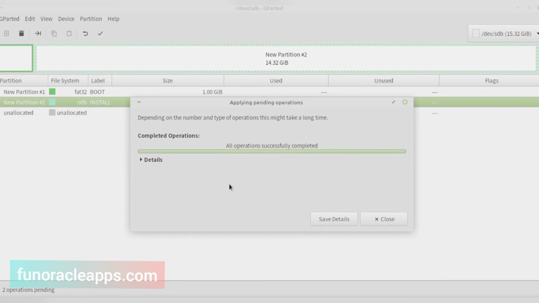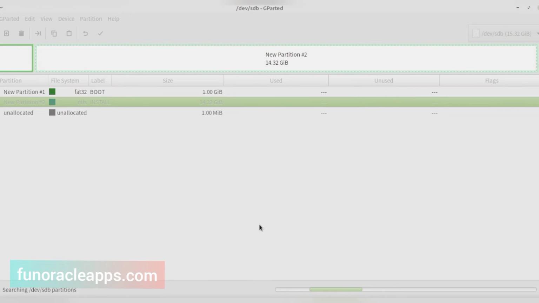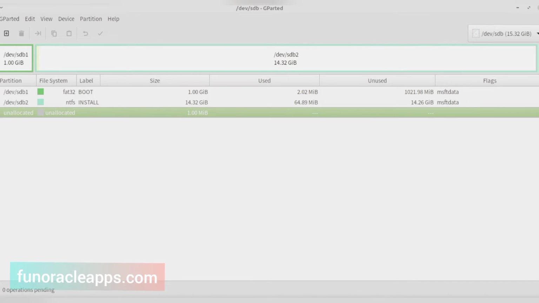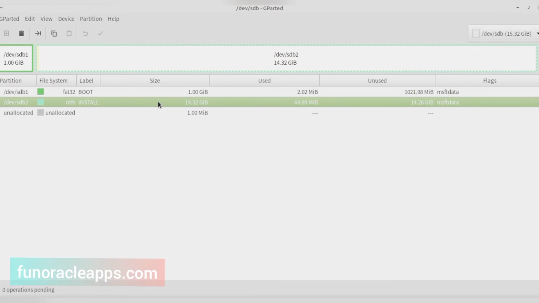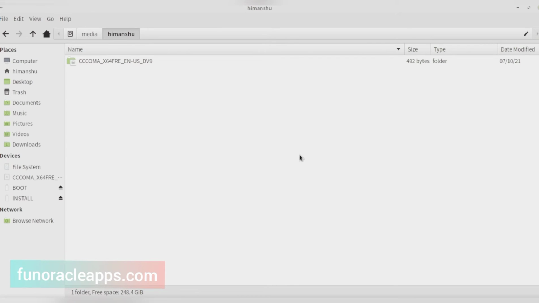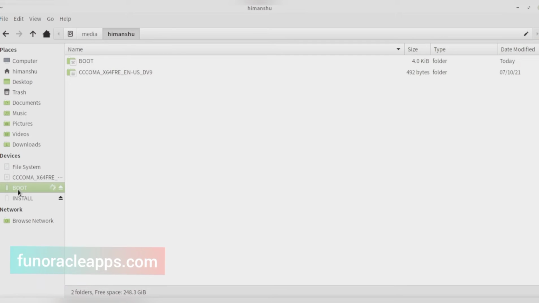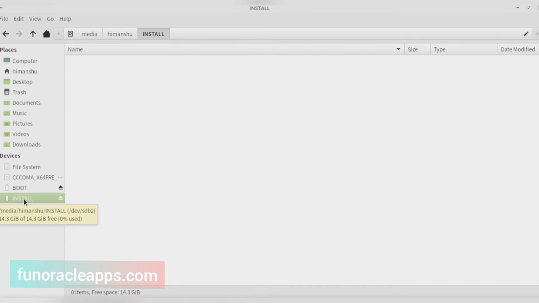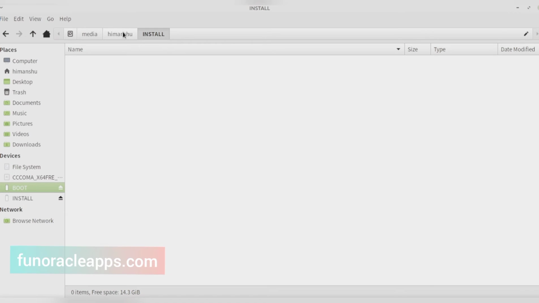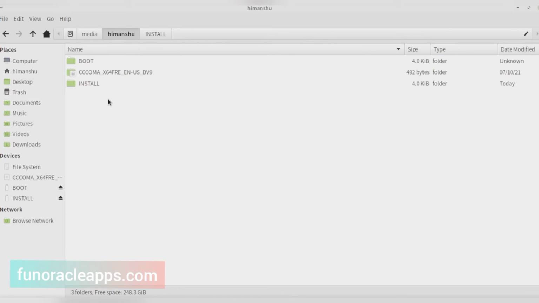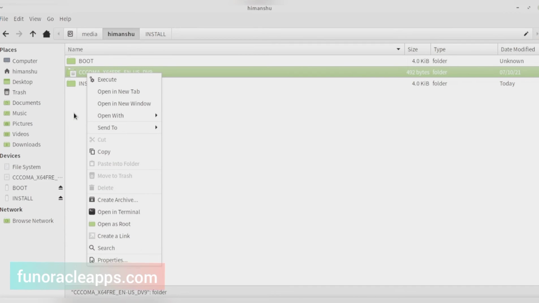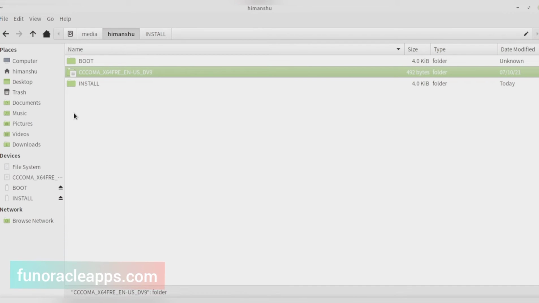With Windows 10 and 11, the files are big, so it becomes difficult for them to directly copy. So this method will work, and close. So both the partitions are loaded here for the pen drive. Now if I close it, you can see I have two partitions, boot and install, in my pen drive. This other one is the one that we actually mounted from the ISO image.